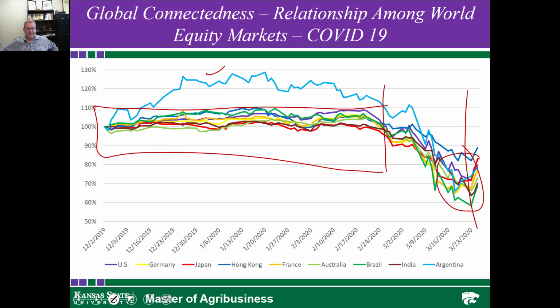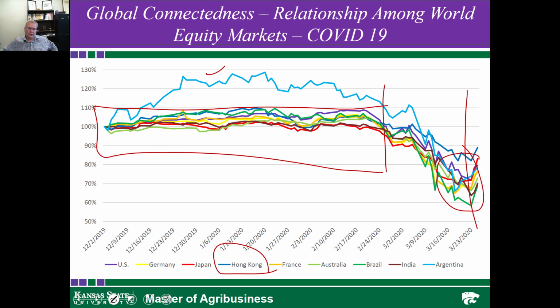But the key thing is the virus did not spread equally across the globe. In some respects, it started in the Hong Kong region, and they've actually seen a lower decline than some of the others. If you look at where we are from a U.S. perspective, a French perspective, a Japanese perspective, they went down, and Brazil in some respects has seen a bigger reaction than the others. The key thing here is it's really important to realize that what happens in one area of the region can really end up moving the markets.